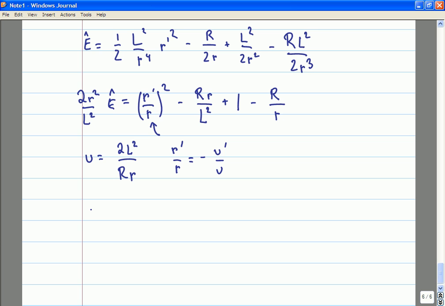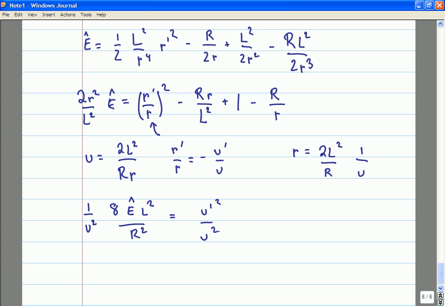We have E hat times 2 over L squared R squared, and R is 2L squared over R times 1 over U. So the left-hand side of this equation is going to be 1 over U squared times 8 E hat L squared over R squared. And that will be equal to U prime over U squared